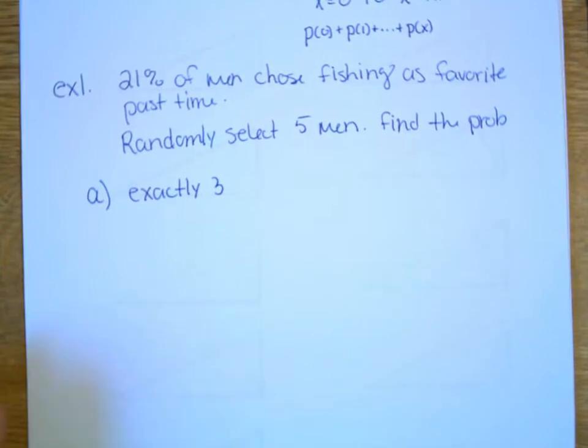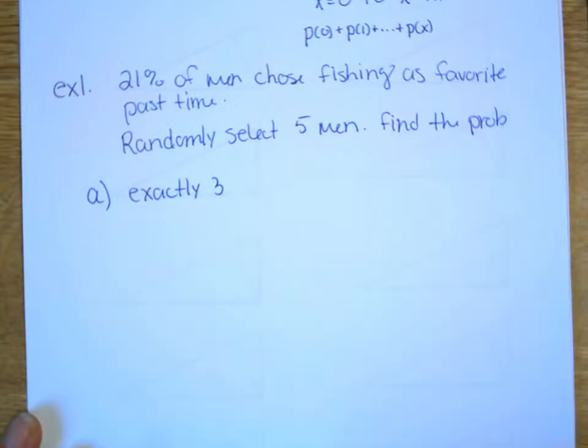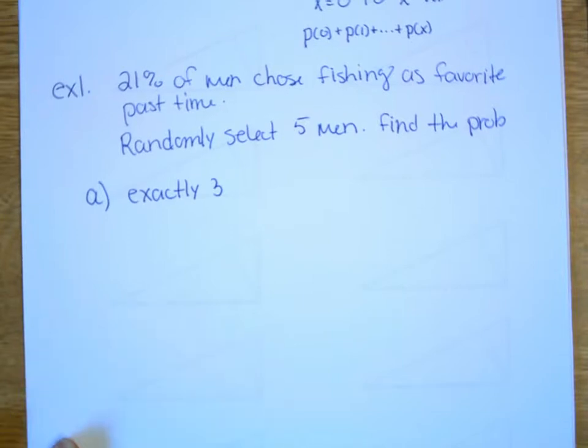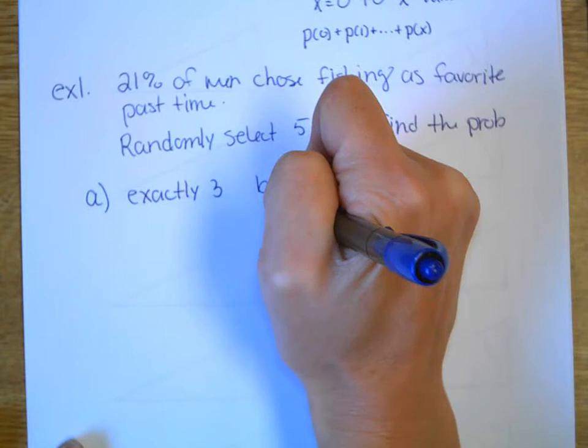Okay, and we've got 2 ways to do this. Yesterday we did it by hand and we did it with the program. Today the only ones you're going to practice by hand are the ones that are exactly a certain thing. All the other ones we're going to use this new program for. So I don't know if I want to do this by program or by hand. What do you want to do? Program. Oh yeah, but you're going to have to do them by hand today though. So which program are we going to use for this? The binom PDF or the binom CDF? PDF. So you're going to use binom PDF,